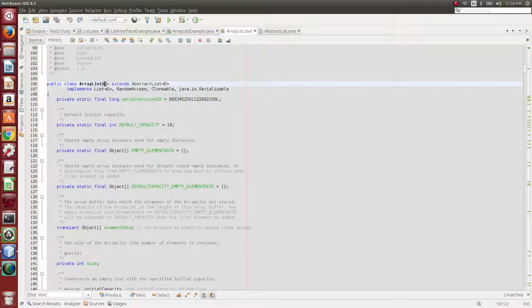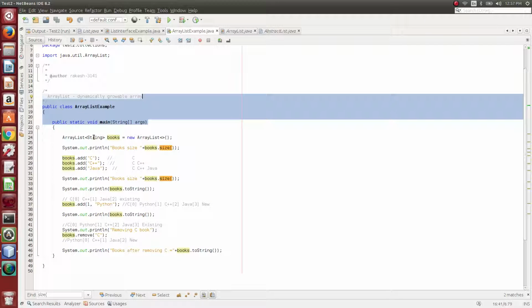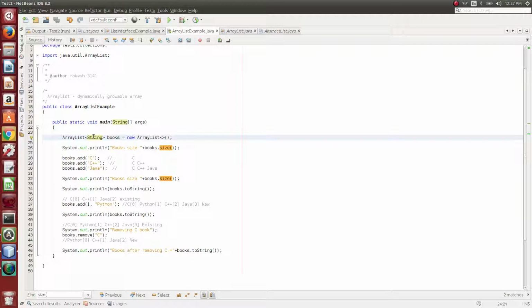So basically, here there are angular brackets, and inside that there's an alphabet. It implies that ArrayList is a generic class. Basically, whatever data type you send in the generic class, it will act as that data type object. Example here, ArrayList<String>. So what it does is the books will be treated as an ArrayList of String objects. If you send Integer, it would be treated as an ArrayList of Integer objects. If you send a Float, it means an ArrayList of Float objects.